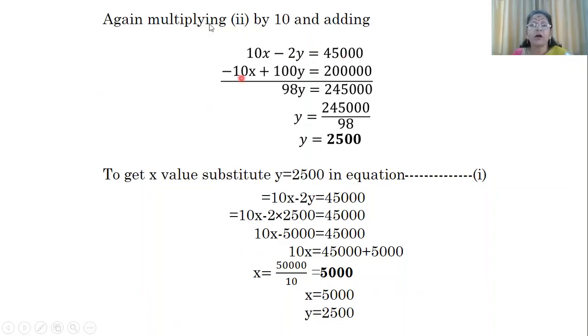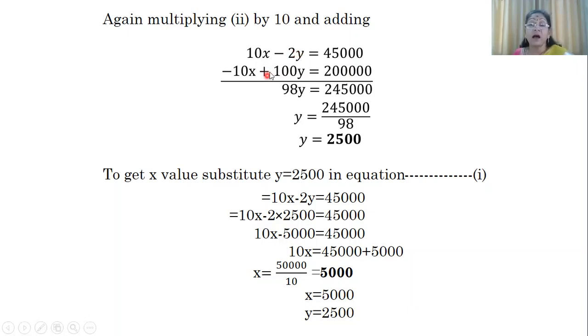Then for this equation 2, we multiply with 10. You see, minus 10x. Then it was x into 10, 10x, plus 10 into 10y, 100y, is equal to 2 lakhs. How did we get this 2 lakhs? 20,000 into 10, we got 2 lakhs. Then they are telling us to add. Okay, minus would cancel. Here plus 100y minus 2y, we'll get a plus mark.